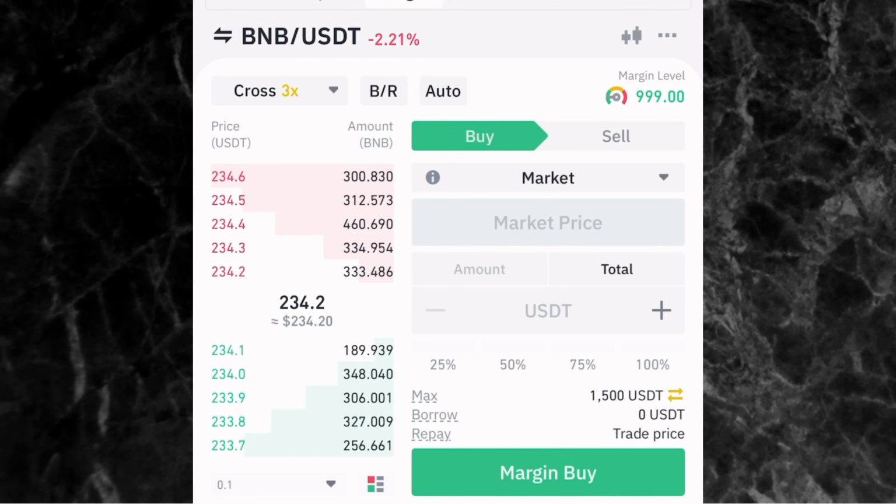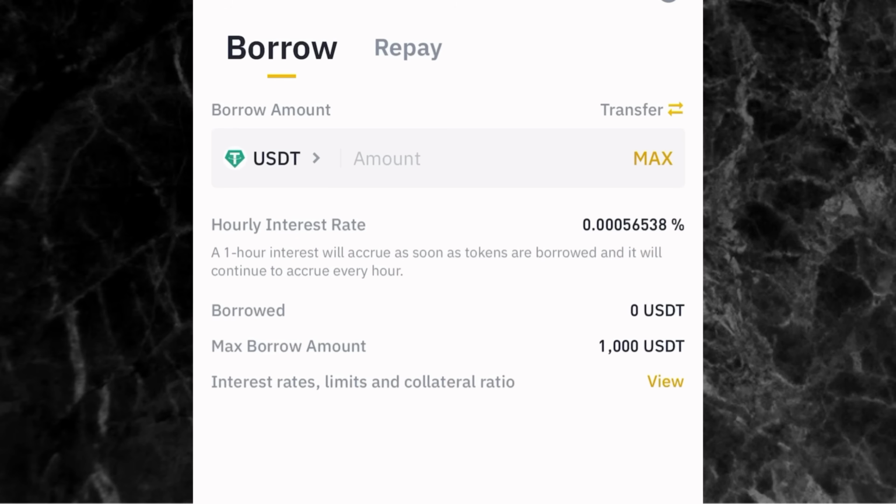Now, there are 2 ways you can borrow funds when you are doing margin trading. Number 1 is before you take your trade. And number 2 is while you are taking your trades. Now, let's say, for example, you want to borrow before your trade. What you need to do is to come right here to where you have B/R and then you tap on it. Now, once you tap on it, you go under borrow and then you enter the amount of USDT you